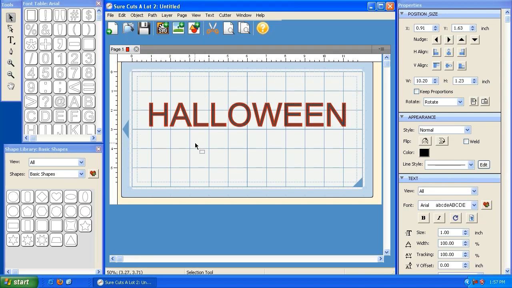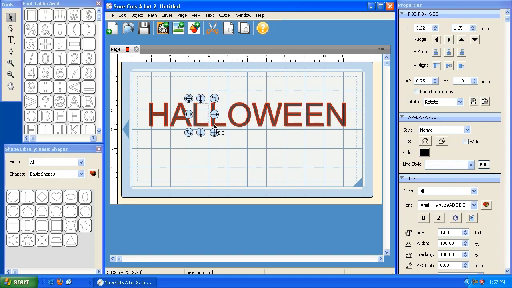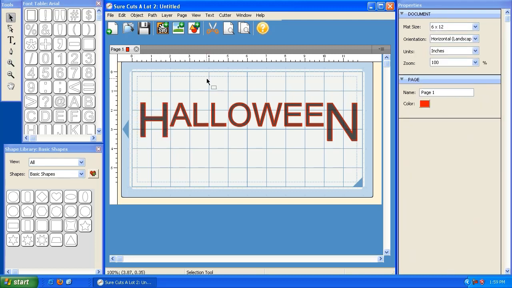Okay, so now when I click on that, you'll notice I can click on these letters individually. I can go in and I can make the L bigger, I can make this L bigger. I kind of don't like that, so I'm just going to go here and make the N bigger and make the H bigger. Okay, I'm going to move the H over. All right, so now that I've got these letters resized,